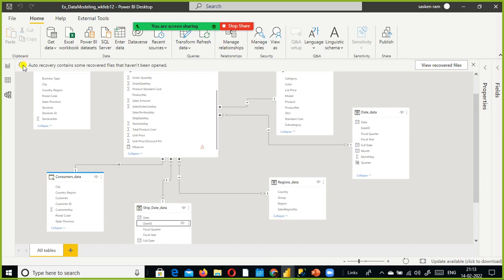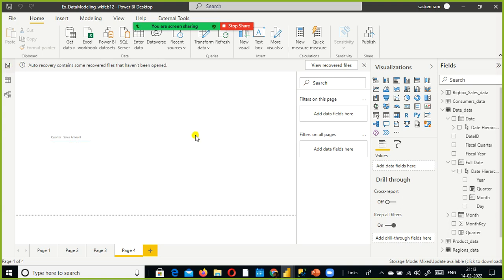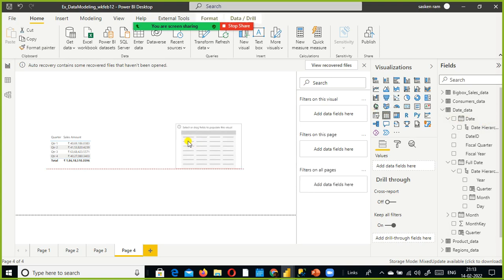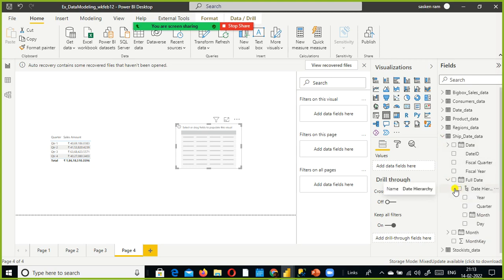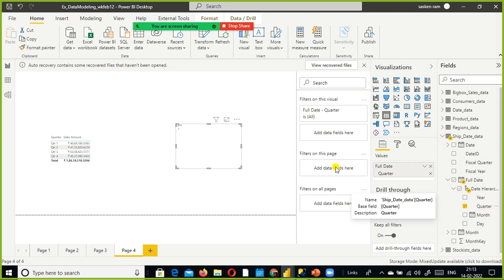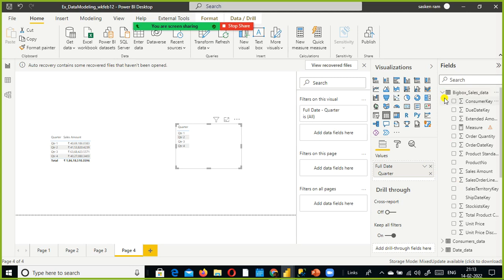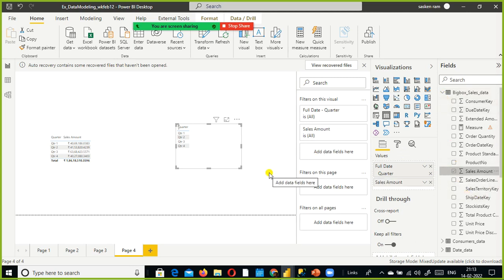Okay. Now let us go to the report canvas. We'll start with this role playing dimension and we'll see what happens here. I just go and select a table visual, and instead of selecting the date from this one, I'm going to use the quarter from this one. I just select quarter from this one, and I just go and select the sales amount from this.